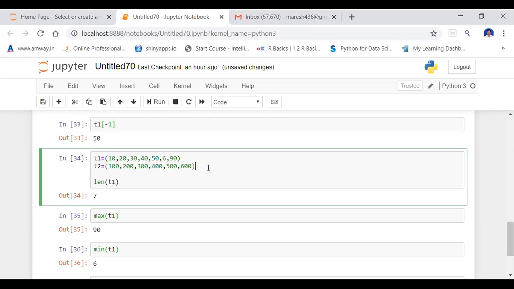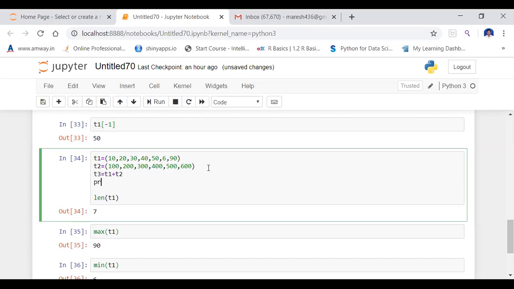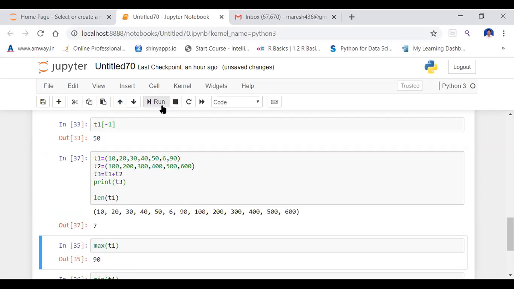I'm going to add these two and save the result in T3. T3 is equal to T1 plus T2; we need to use a plus operator for concatenation of tuples. Now I am going to print T3. Yes, so these two are concatenated.